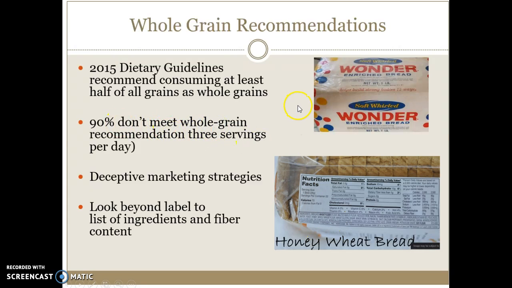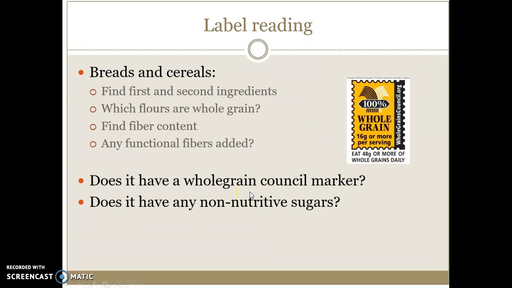And the thing that's hard is when you start looking at labels, this looks like a really good source, honey wheat bread, and yet when you read the label, it only says wheat flour. There's no fiber at all. All flour is wheat flour. So it doesn't mean it has fiber because it says wheat. So either one of these breads is low in fiber. They're not good choices. So you can find a good choice by looking for flour or labels that say whole grain or that might have the sticker on it. Because these are some of the best fiber contents.